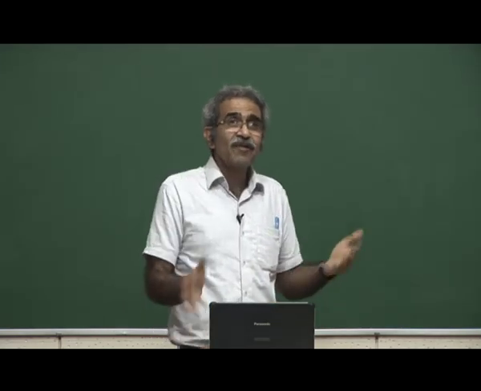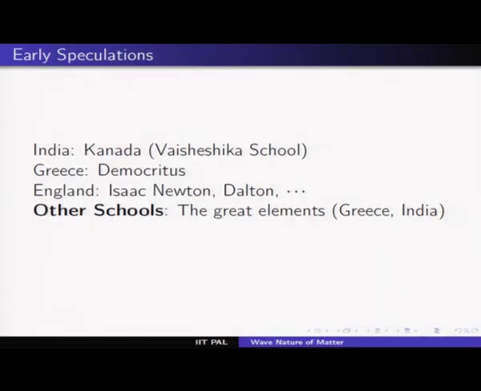Now the question is, given these great elements, they may be there, they may not be there, is there a continuum or no continuum? The schools were divided, but today for us the most attractive school is the school which propagated the atomic theory of matter, because we believe that matter is discrete and it is not continuous. However, when these ideas were postulated thousands of years ago, there was no evidence either way. So in India, for example, when we speak of the great elements, they are found in the Upanishads. Probably they were composed 1000 BC or 1500 BC, so it is that ancient.